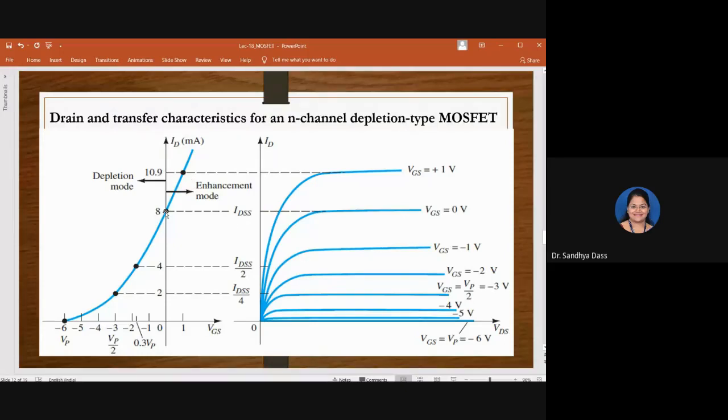When you draw the horizontal line, this is your x-axis. The point here is your drain current, but the intersection in the x-axis will be your VGS value. In other words, when VGS is 0, 8 milliamps is the drain current. Got it? Let me go to another example. When VGS is -1, this is the plot. In the graph, the horizontal line is here. Extend the horizontal line towards the left. From this horizontal line, you will get the value of drain current.